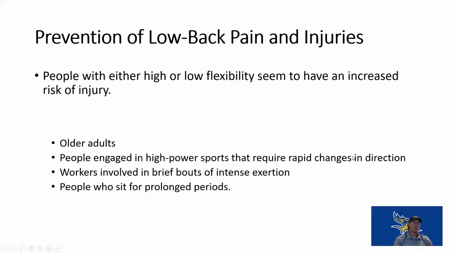So we know that people with high or low flexibility have an increased risk of injury. So this comes back to controlling it. Older adults with low flexibility, high risk for injury. People with high power sports, rapid change of direction without strength in those range of motion and coordination, risk of injury. Workers who do very high intense activities and then are very sedentary, lose range of motion, increased risk of injury. And then people who sit for prolonged periods of time also restrict their range of motion,